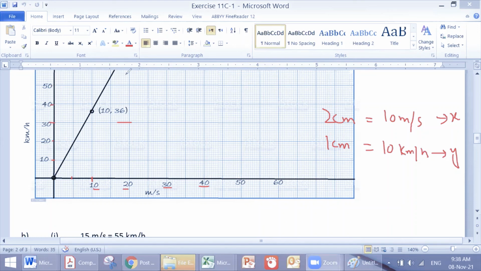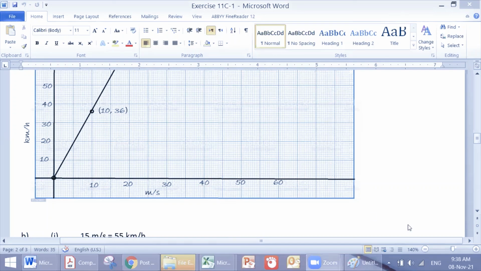Now I will draw these values. For example, this is 10 and 36. So you can find this value on the coordinates and draw this point. First one is 0 and 0. This point was at 0 and 0. And the next point was at 10 and 36. So I draw these lines and then you can find the answers. Okay. So this